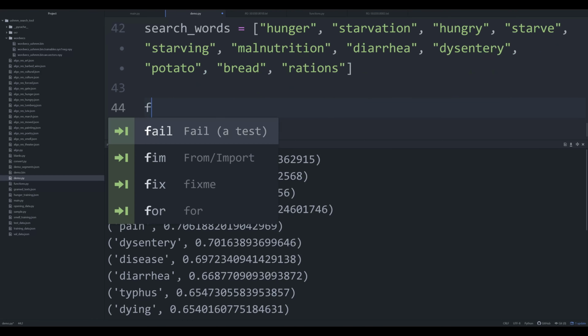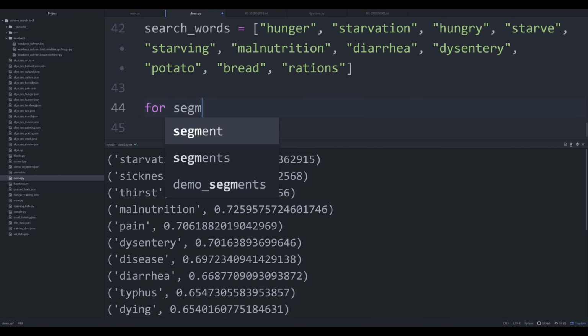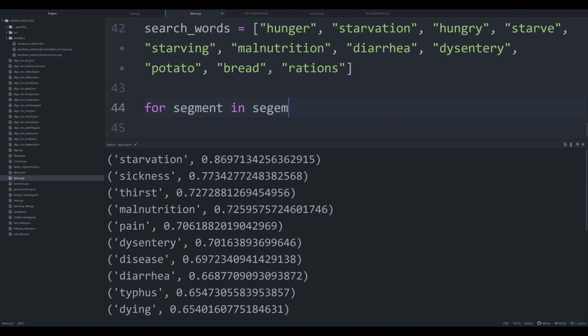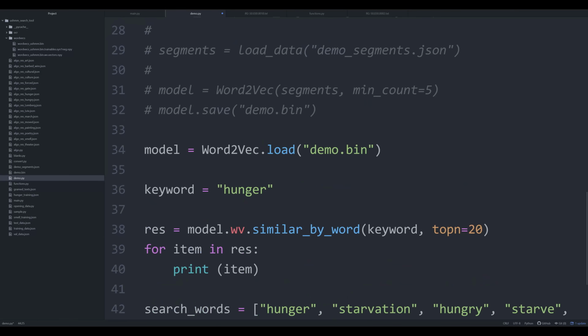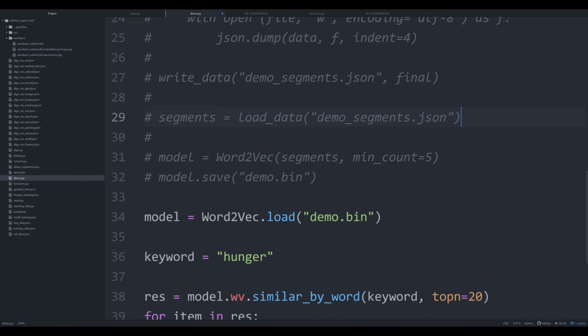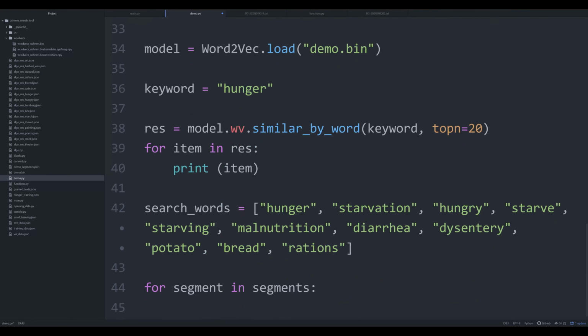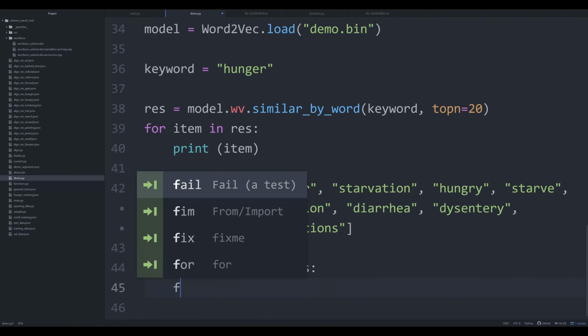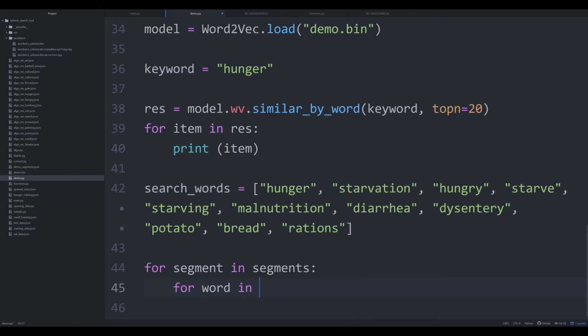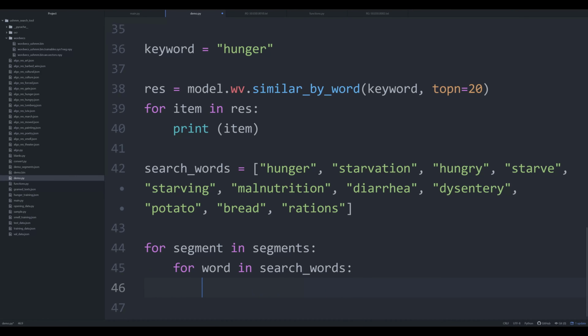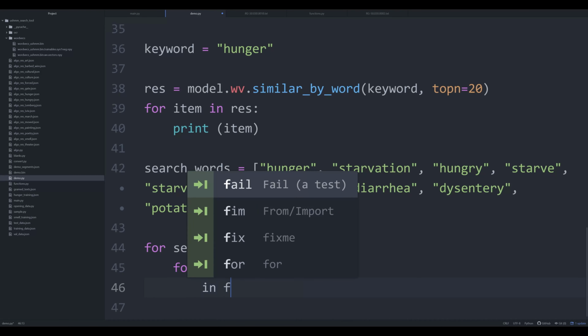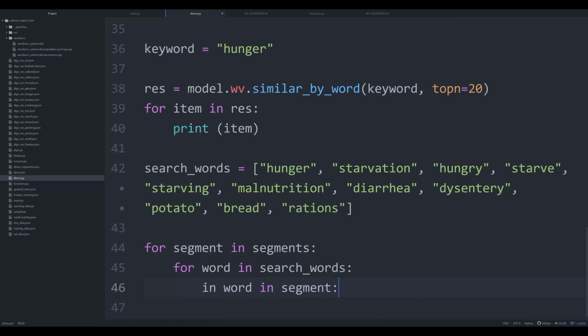Well, what I can say is I can go over all of my segments. So for segment in segments, right? I'm going to close this. And I'm going to iterate over all of these segments that I'm going to reload in. We're going to say for word in search words, there's a better way to do this, but I want to be very clear on how this is working. So we're iterating over all of the segments. We're iterating now over all the words in search words. If word is in segment, then